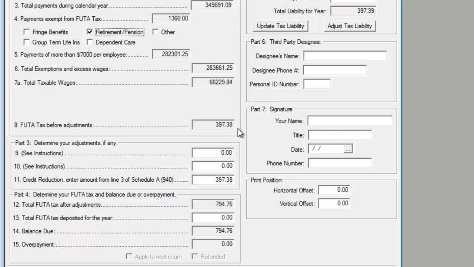The taxes due on line 8 are based on the FUI rate of 0.6%, which is entered as 0.006 in the federal tax rate file. However, this is a California employer. So in addition to the 0.6% that's due,